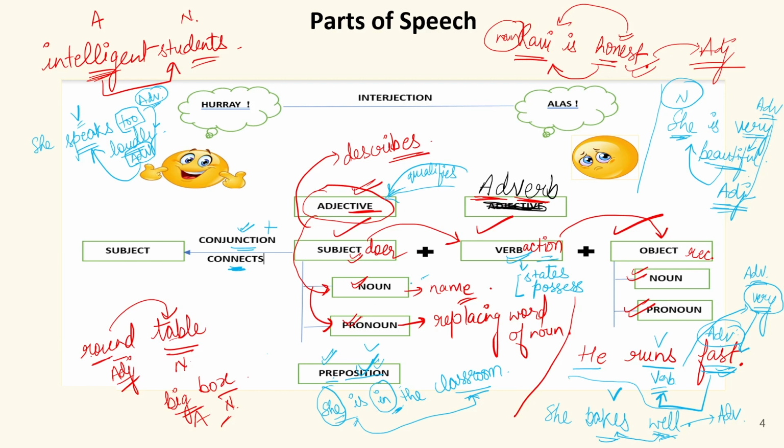For example, I started my class at 10, so at is also a preposition, which is indicating the time of the starting of the session. Now if I say in, this word states the position, that is, it is inside the classroom. This word in is a preposition, and it is used before the place of a person. So this is called a preposition.